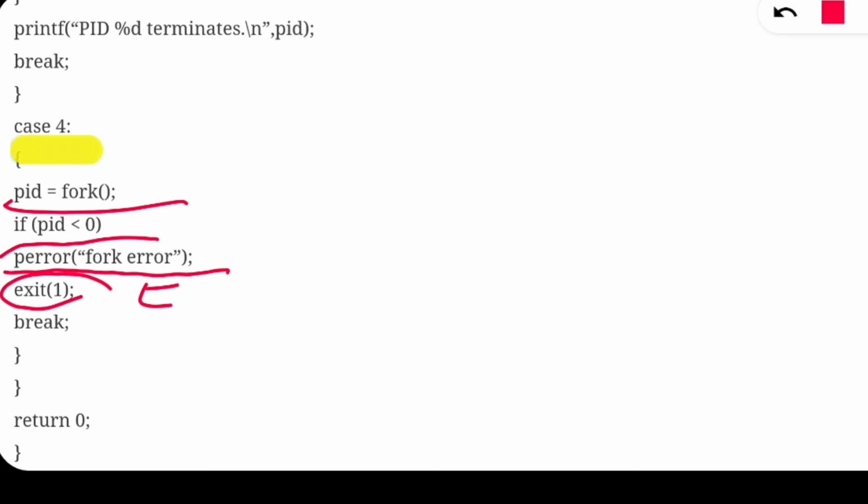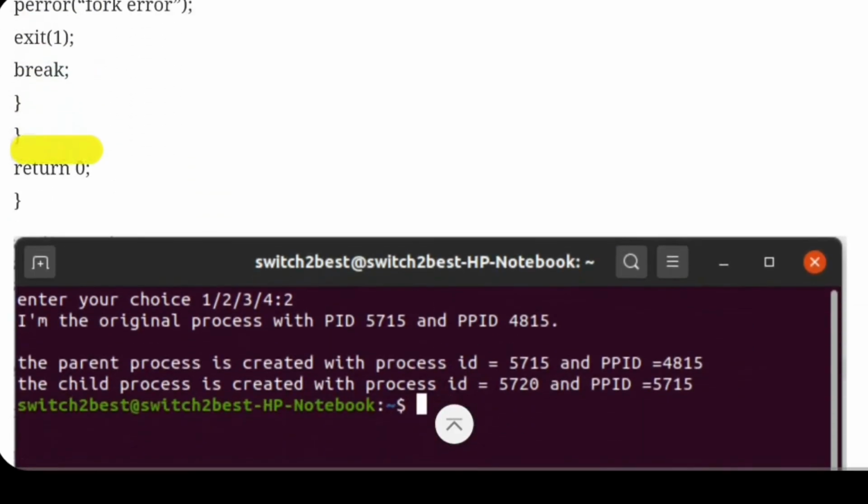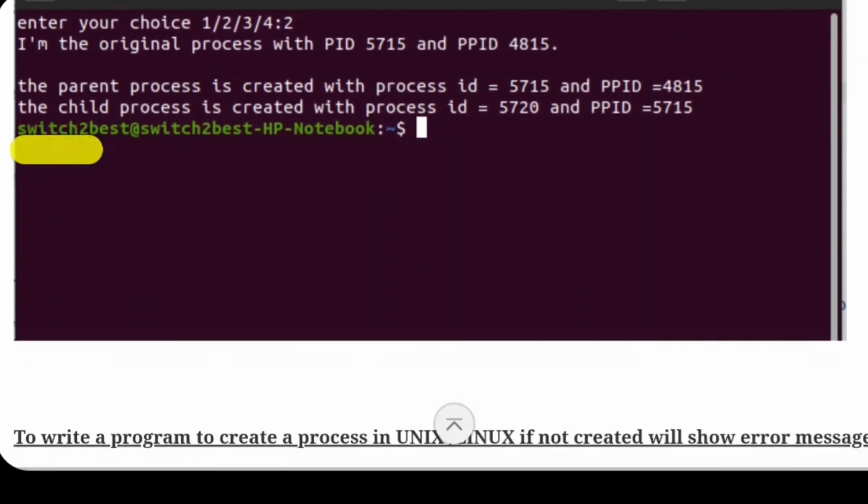Why have I taken this program? To show the different PID numbers created by the processor, because the PIDs are going to be different for every system. According to the processor, the PID numbers will be created for parent and child. For showing these PID numbers, I've lengthened this program. I've given more and more printf statements to show the parent process IDs in different states. Hope you have understood. This is the output of this program when we run it.